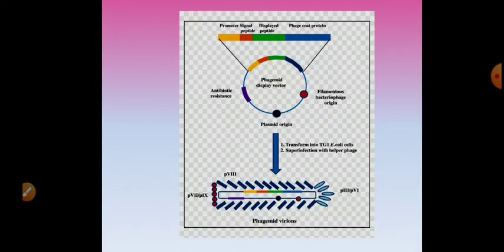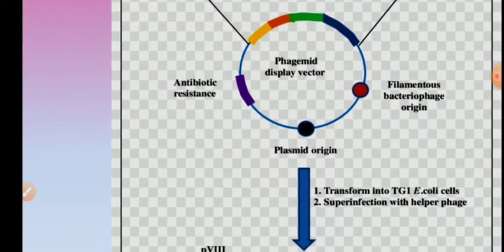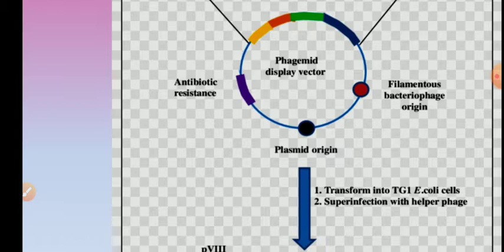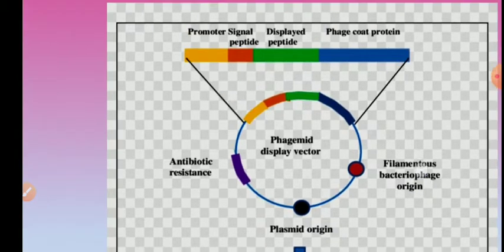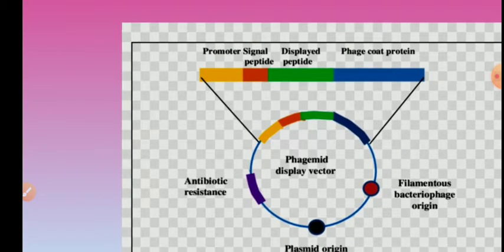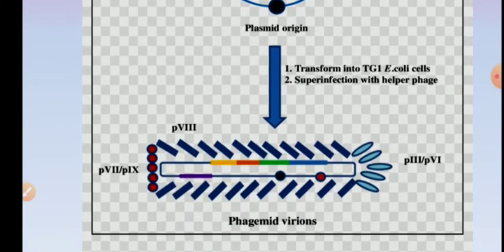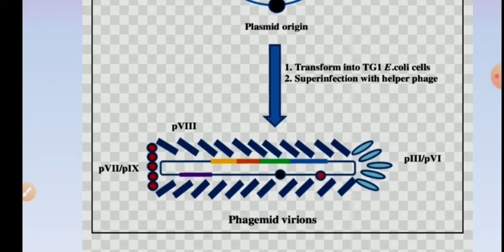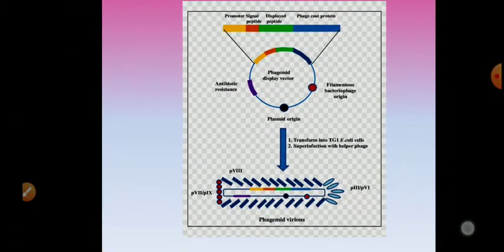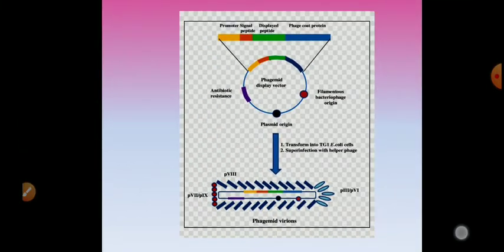as a vector molecule. So if you look at this diagram, you can see a phagemid having antibiotic resistance gene and origin of replication as in a plasmid, but they also contain filamentous bacteriophage origin. Right. So along with that, it contains a promoter gene, signal peptides and all which is needed for replication. So this can be replicated like a plasmid in the host, or it can be replicated like a phage in the host cell. So that is about a phagemid.